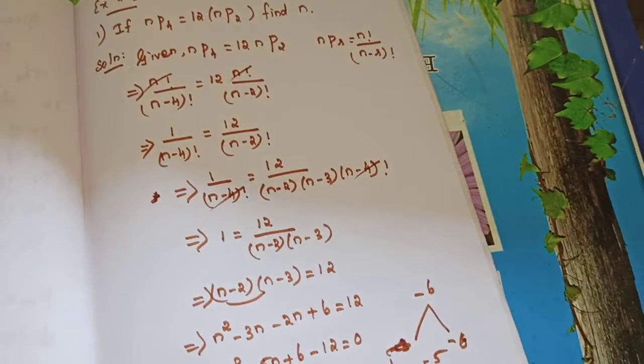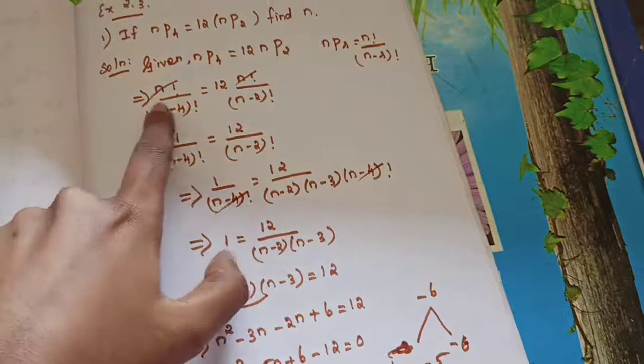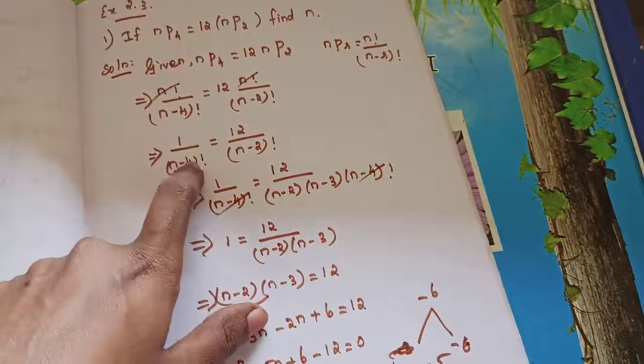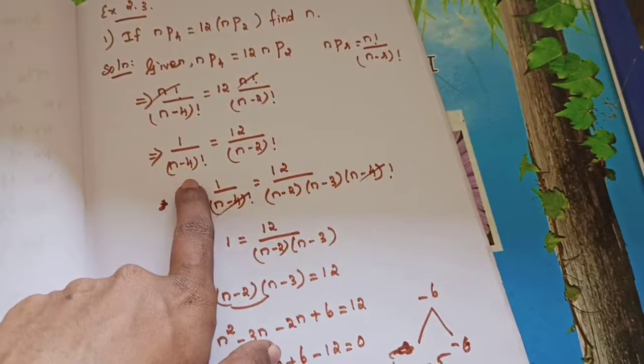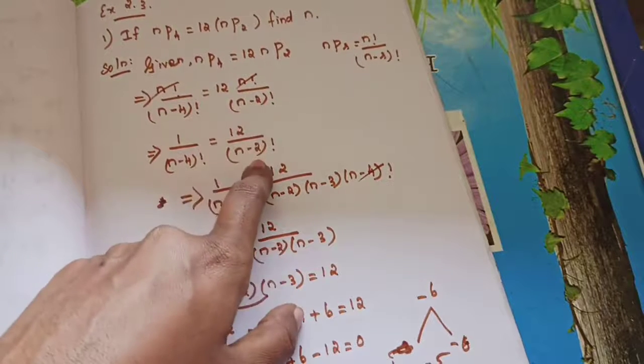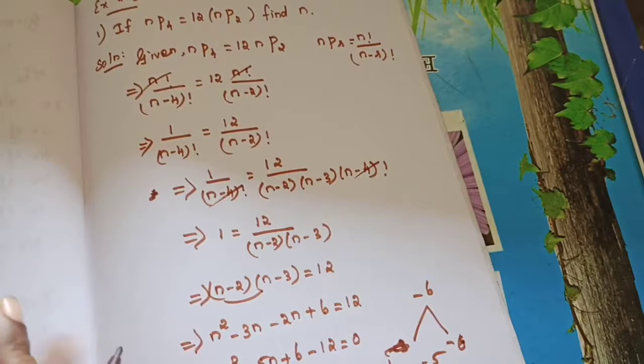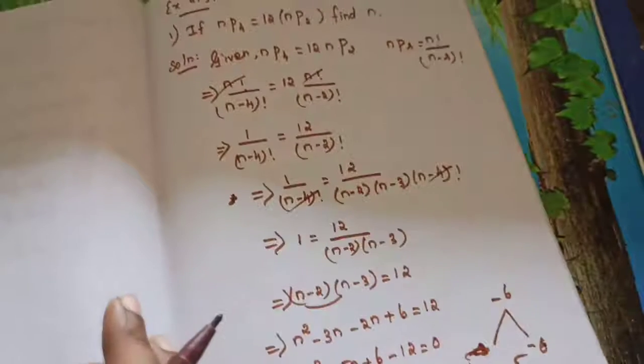So what will you do? First I wrote the given. Next, nP4 means n factorial divided by n minus 4 the whole factorial equal to 12 into n factorial divided by n minus 2 factorial. Next we cancel this n factorial and n factorial. Then I need to write this in the form of n minus 4 factorial, so I am changing this as n minus 4 factorial. Both the terms I cancel and cross multiply. We will get one quadratic equation. From that quadratic equation, if I solve, I get two factors. Negative value is not possible, only the positive value is possible. So n is equal to 6. Got it?